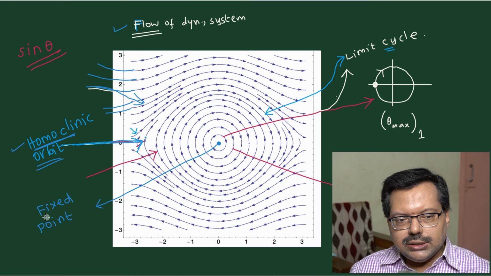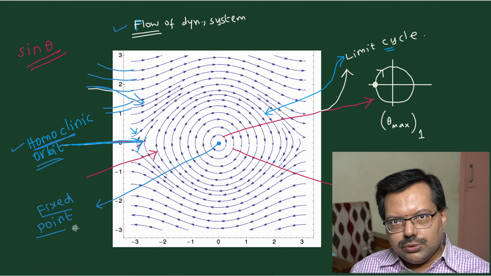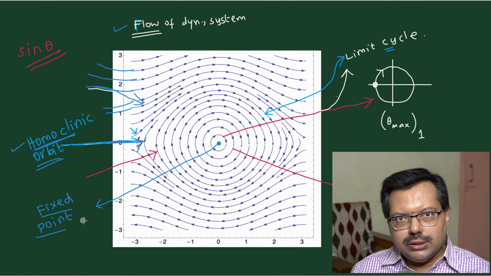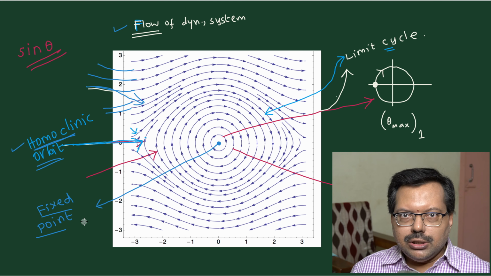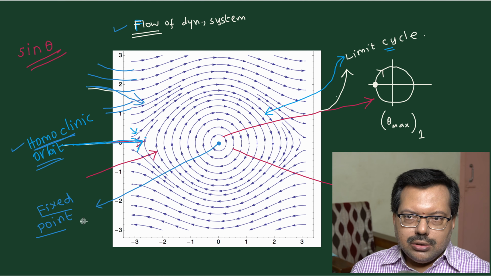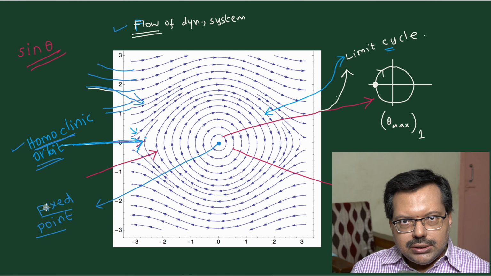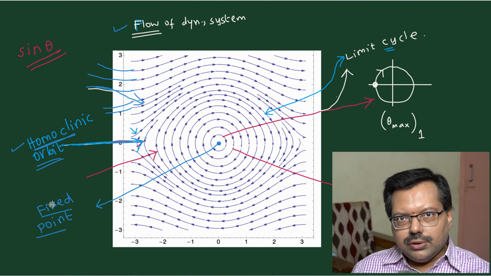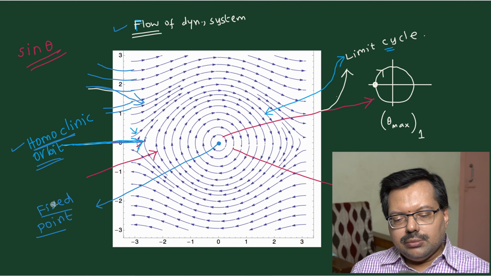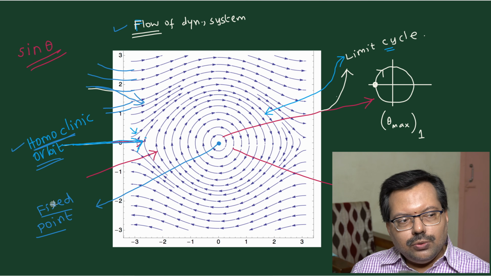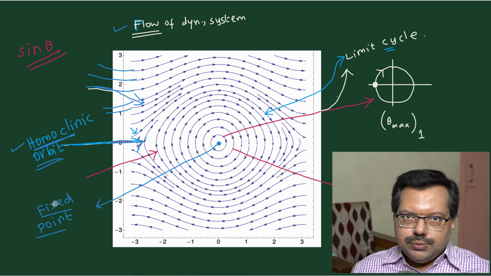A fixed point is not a single kind of point. You can always classify them: stable fixed points, elliptic fixed points, hyperbolic fixed points, like this. There are many classifications. Such details are not required for the MSc course right now for classical mechanics. So hopefully this is a sufficient introduction to the phase portrait.